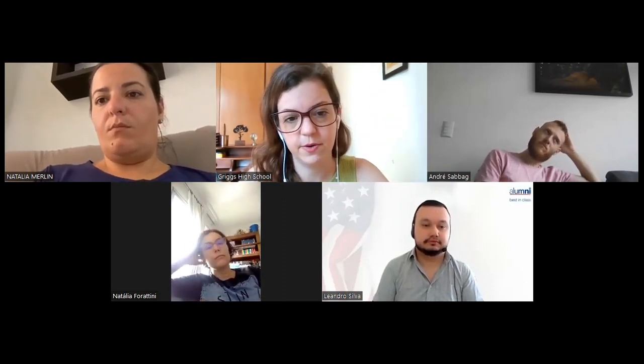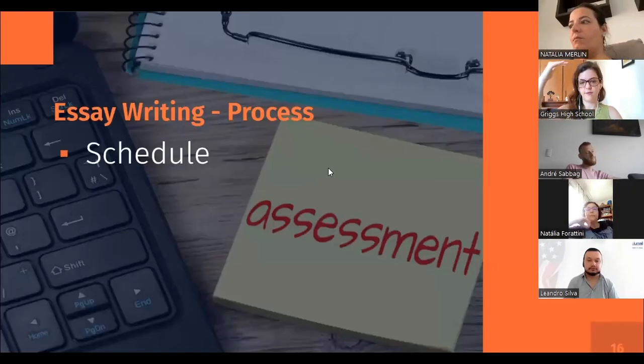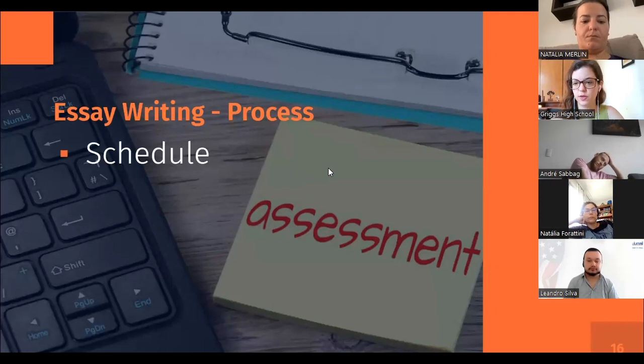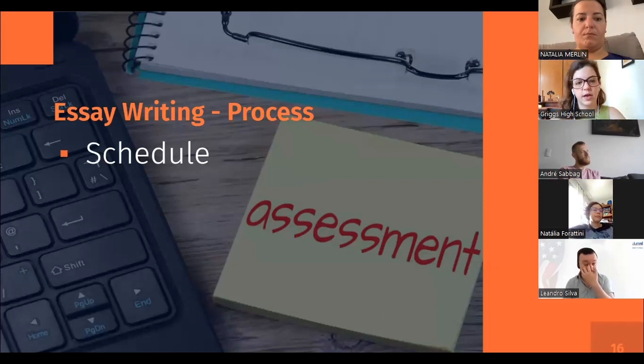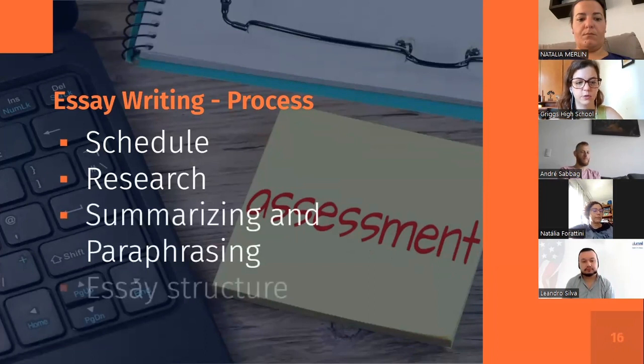So it is very important to schedule all of this. Organize it in your course plan. In the official one that you're going to use next year, put step by step the due dates for the drafts, when you're going to give them back to the students, and everything. Okay, other than that, we have the research. Yeah, this is part of the schedule.